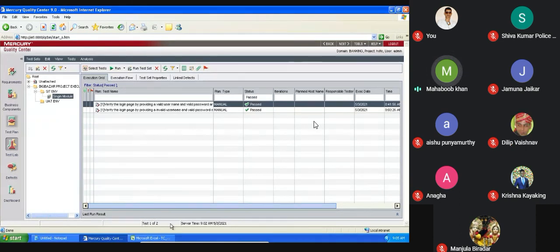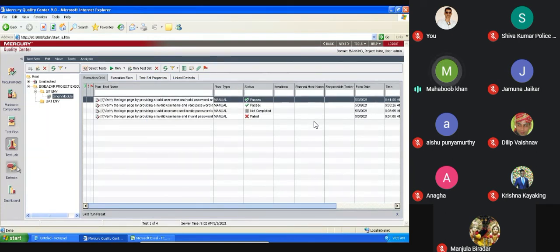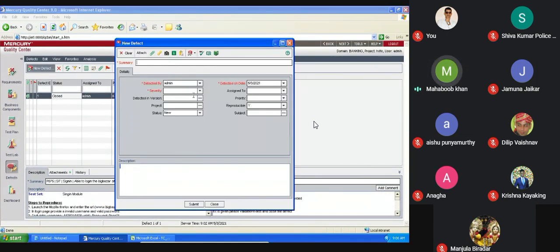Test 1 and 2, so 2 is pass, a count of 2. Put the count into the report which you want. So this way you can fetch whatever information you want. The same thing for defects. Imagine there are a couple of defects, many defects. Let me save one defect also, DEF.